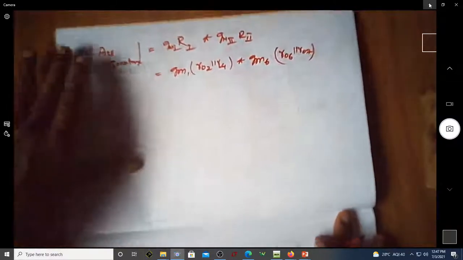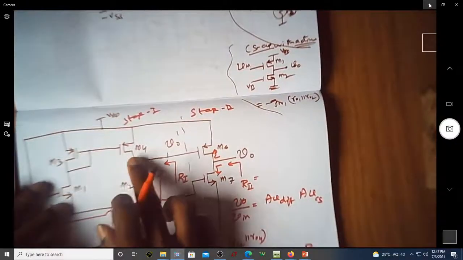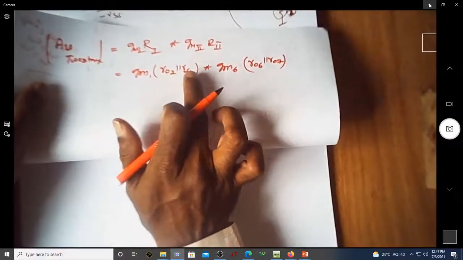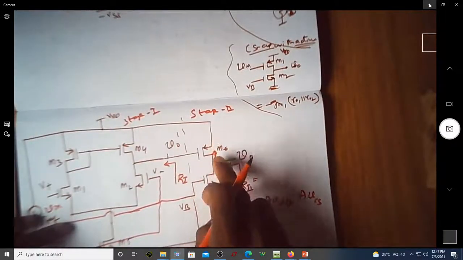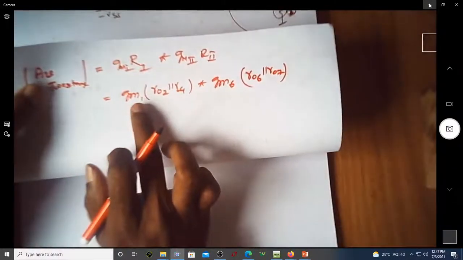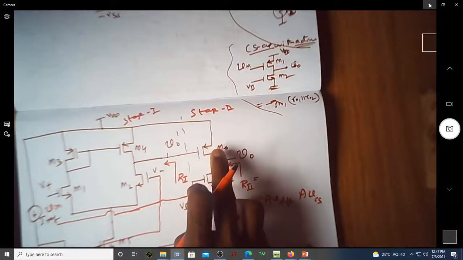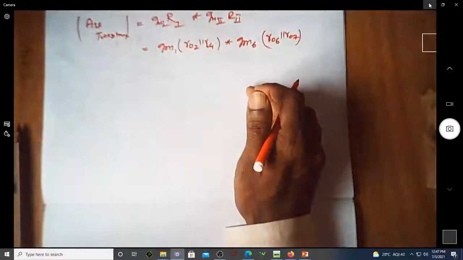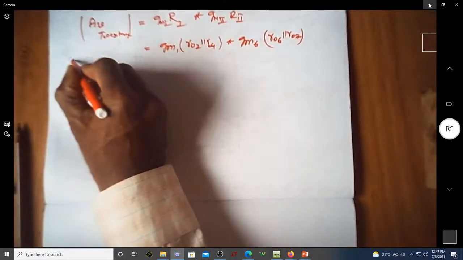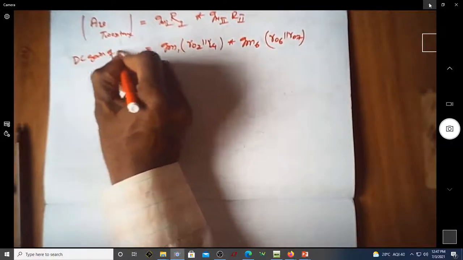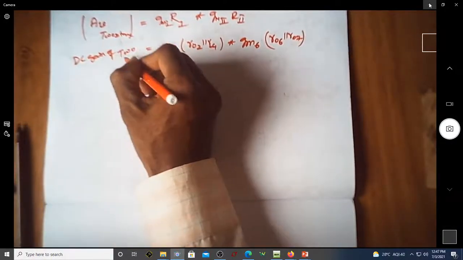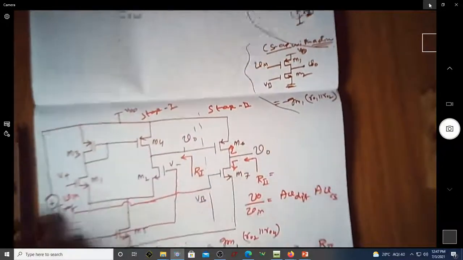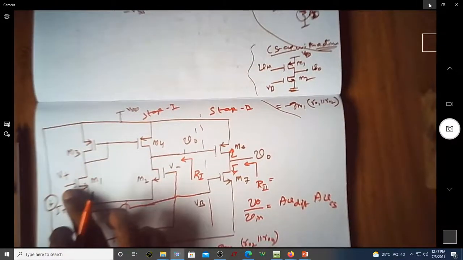So let us just go back to your circuit and find out, because looking up here is R04, this is R02, that's why we had it as R02, R04, and the output resistance is R06 and R07. That's what is here. The transconductance is either of these two, and the transconductance of the CS amplifier is GM6. This is simply giving the DC gain of the two-stage amplifier.